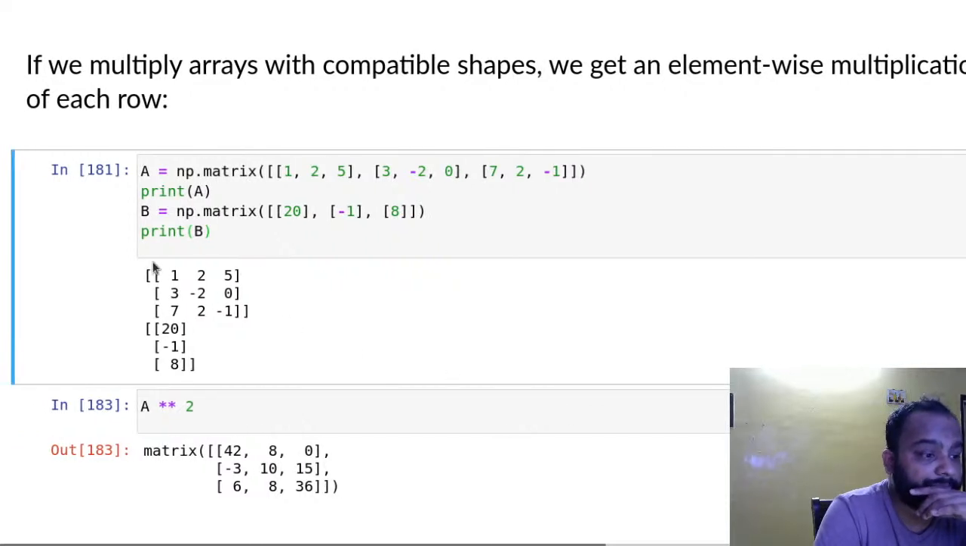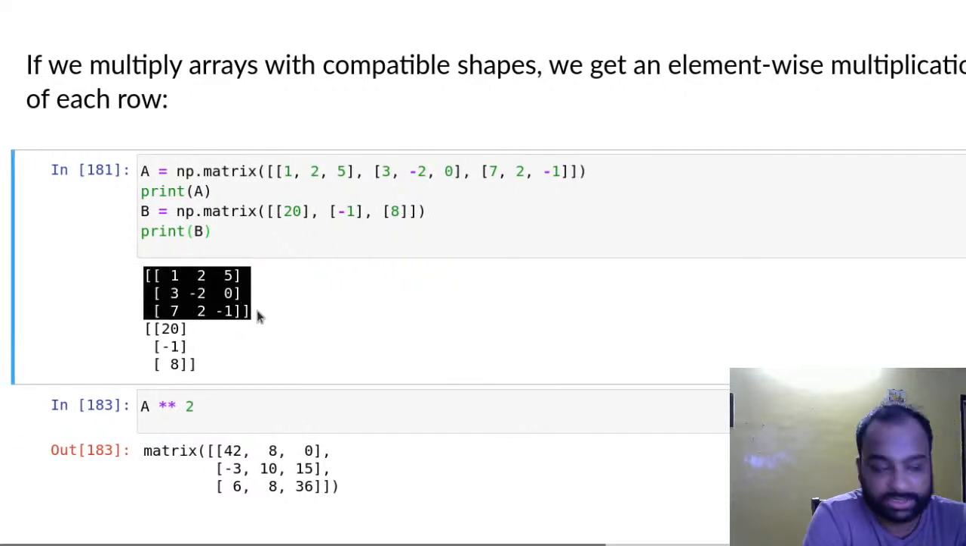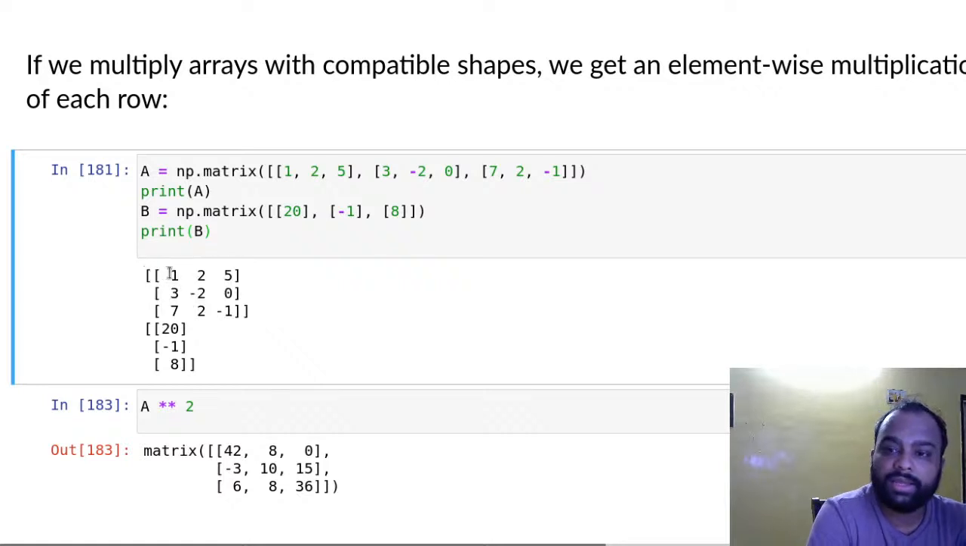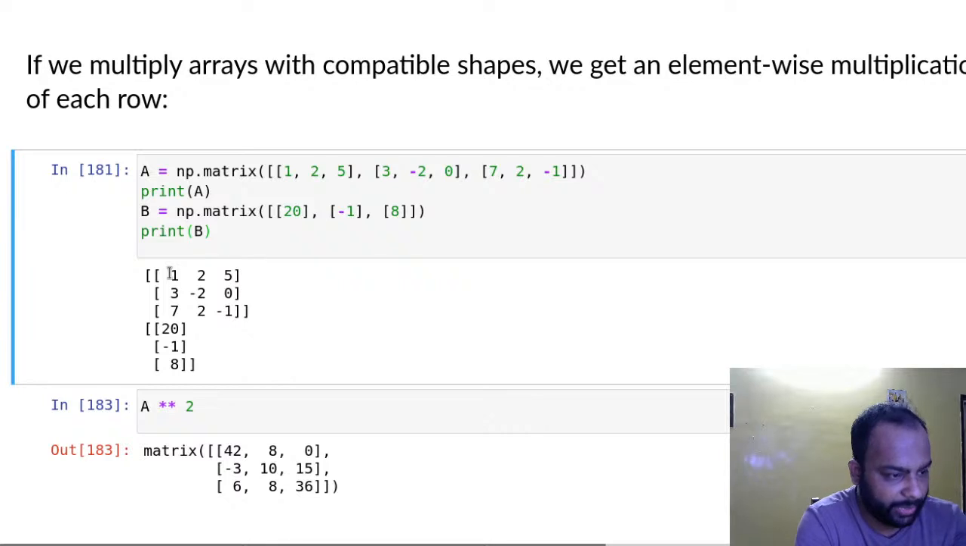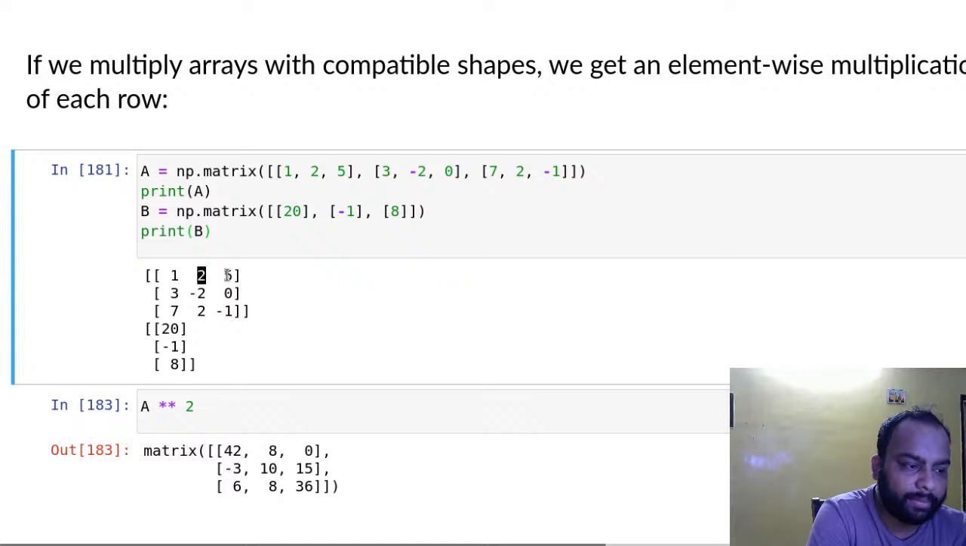Okay. So imagine this is a system of linear equations, where you have 3 linear equations and 3 variables. The equations look like this: x plus 2y plus 5z equal to 20. Then 3x minus 2y equal to minus 1. And then 7x plus 2y minus z equal to 8. If you have things like that, and maybe you want to calculate the value of x, y, and z,